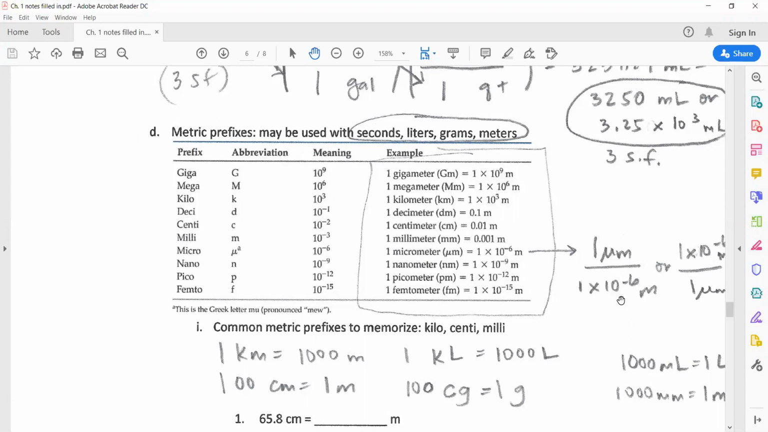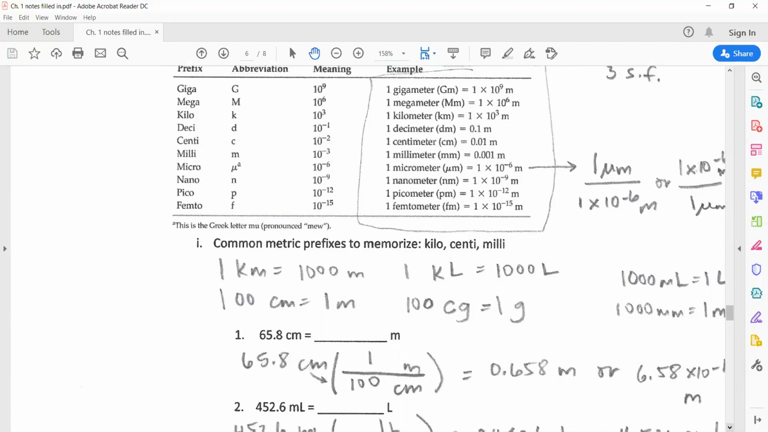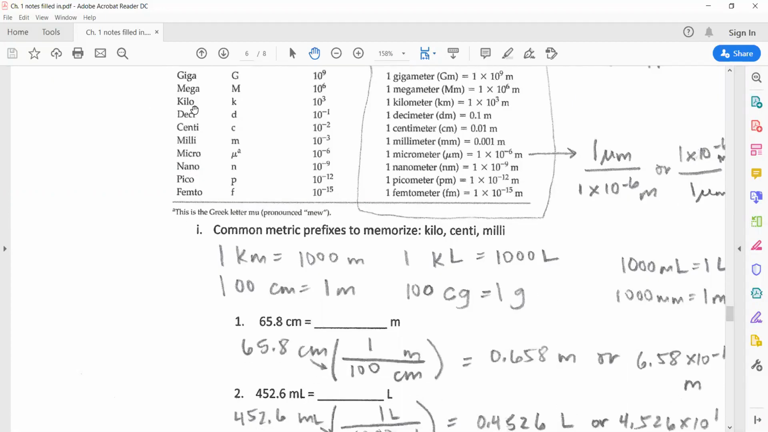1 micrometer on the bottom, 1 times 10 to the negative 6 on top for meters. Because values can always be turned upside down. You just have to take the correct value and unit down, value and unit up. The more common ones, you may want to use just the normal conversion, meaning kilo technically stands for 10 to